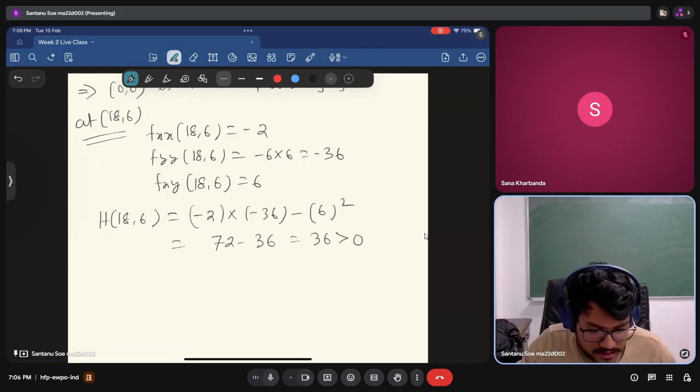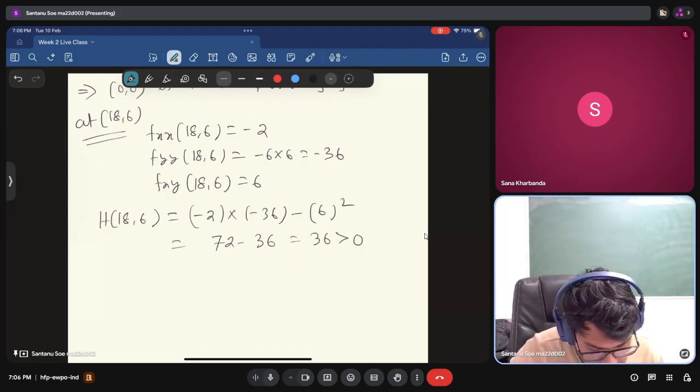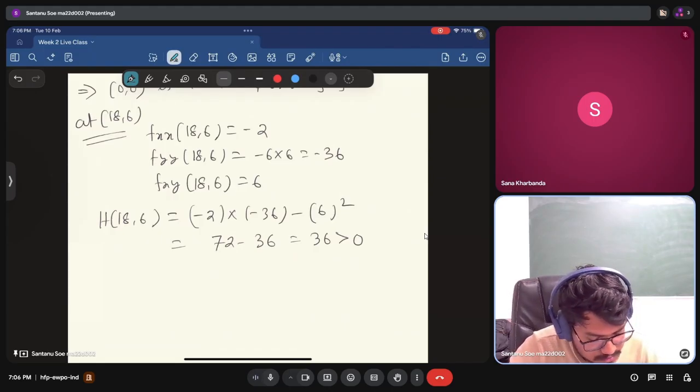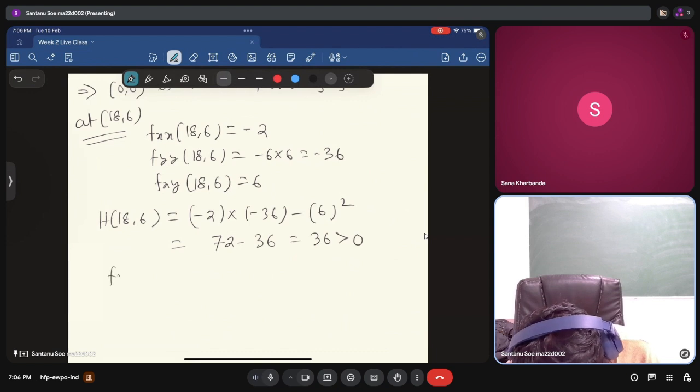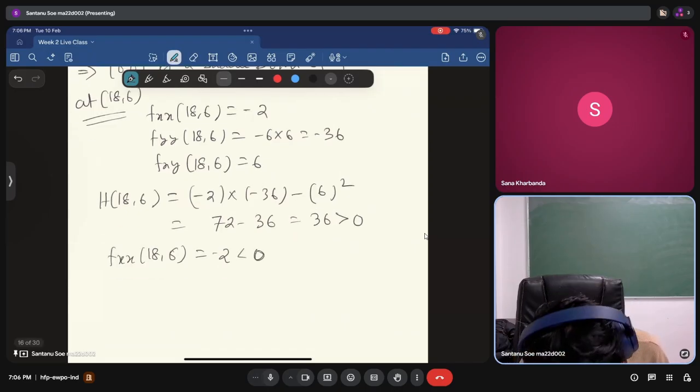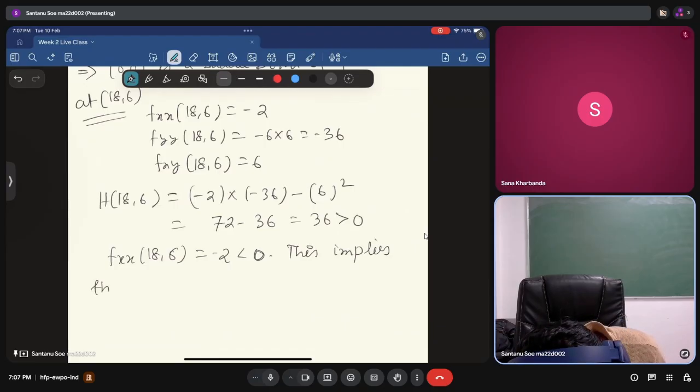Now since the Hessian is strictly greater than 0, we have to check the value of fxx at the point (18, 6). fxx at (18, 6) is minus 2, which is less than 0. So this implies that (18, 6) is a point of